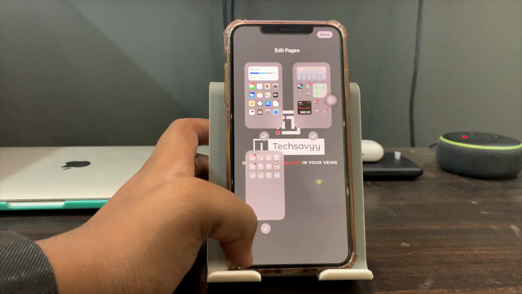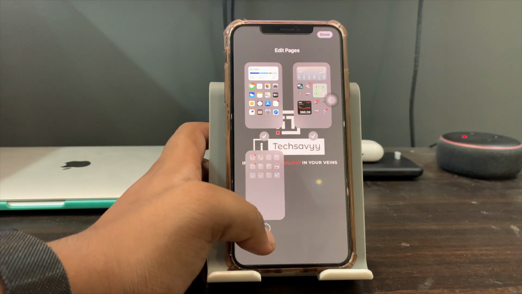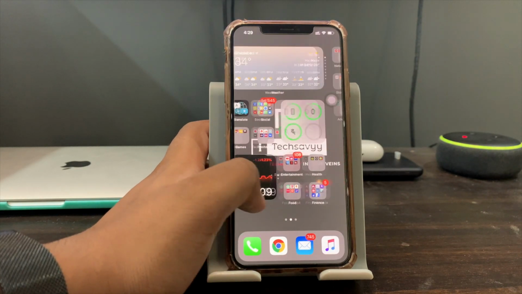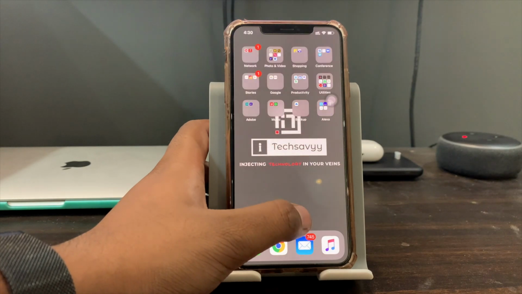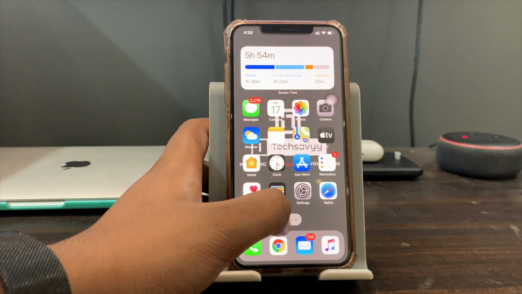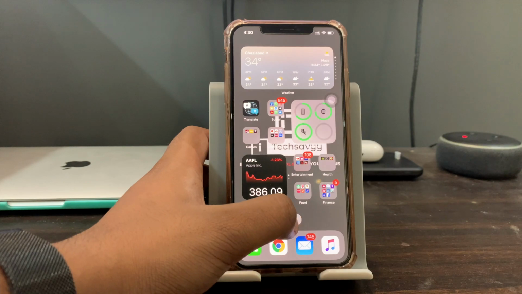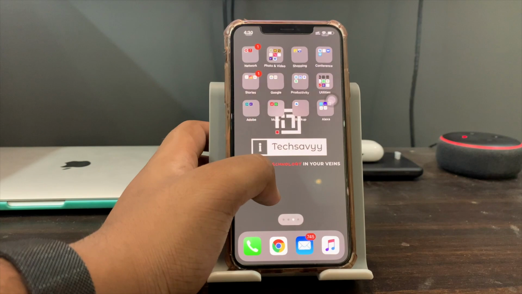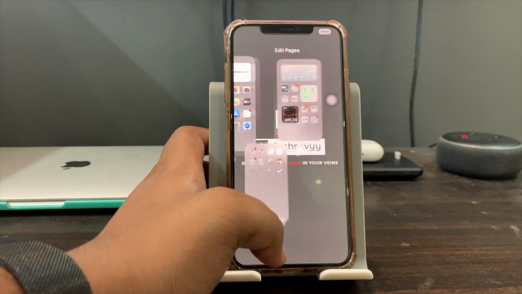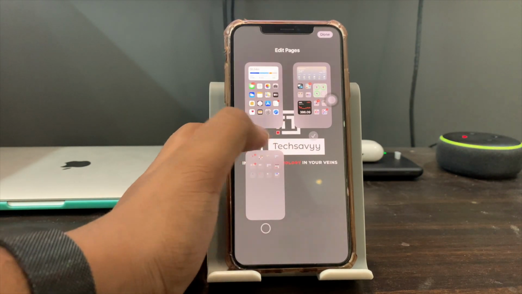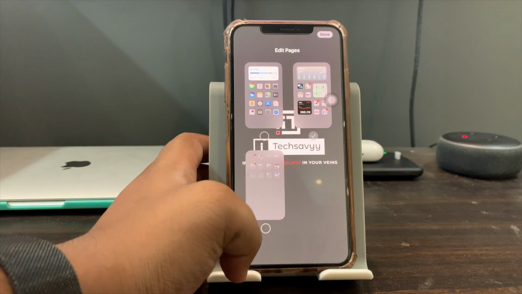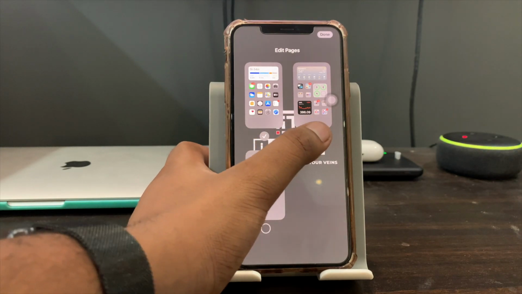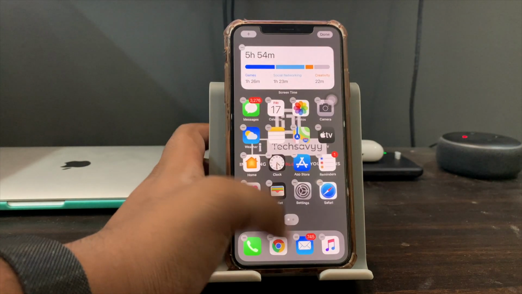now you can choose to add or remove home pages from your home screen. Like I have removed this page right now, but I can choose to add it. Now as you can see, I have 3 home pages, and I can even go through them with the help of my page dots. And if I want to remove one, I simply have to press and hold the middle of the screen, click on the page dots, and I can simply choose to remove a particular page layout. But yes, one page layout should be selected. You cannot keep your home screen empty. So suppose I am keeping this here,